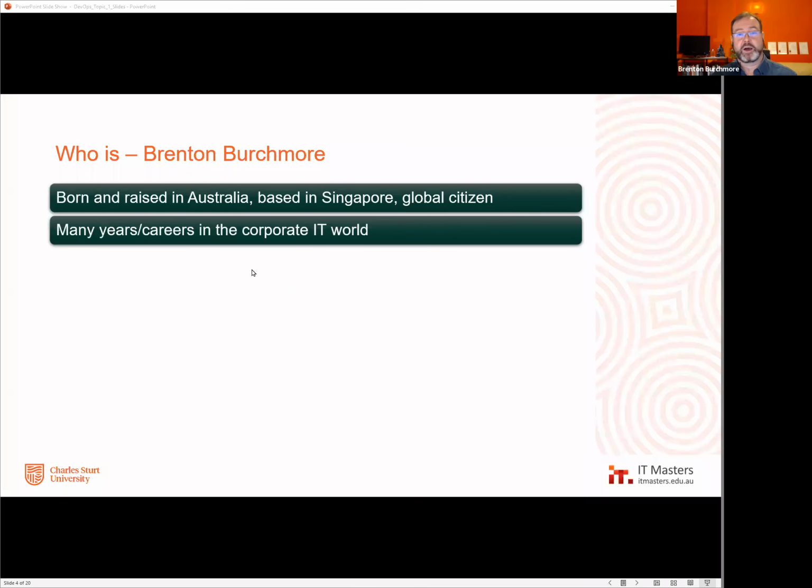I have spent, prior to working with IT Masters, a number of years in the IT world. I actually started in sales. I became an engineer and a technician. I was configuring routers. I was deploying networks, and I ran a team of people doing that at some point. I ran an IT services department. I then moved to run a project delivery department. And by the time I left the industry, I was an operations director, managing all aspects of the delivery of IT services for an organization based in Australia.